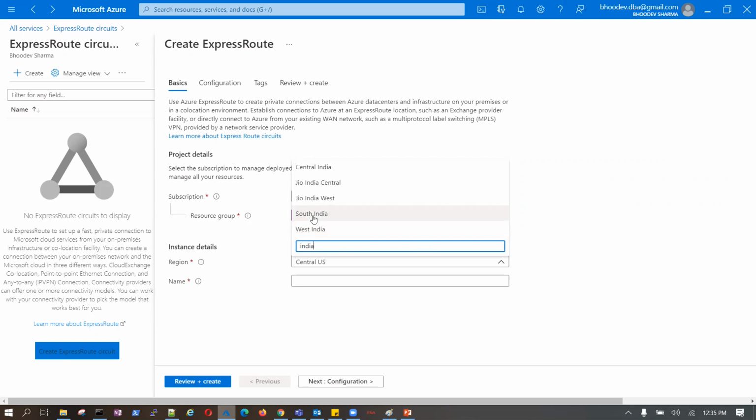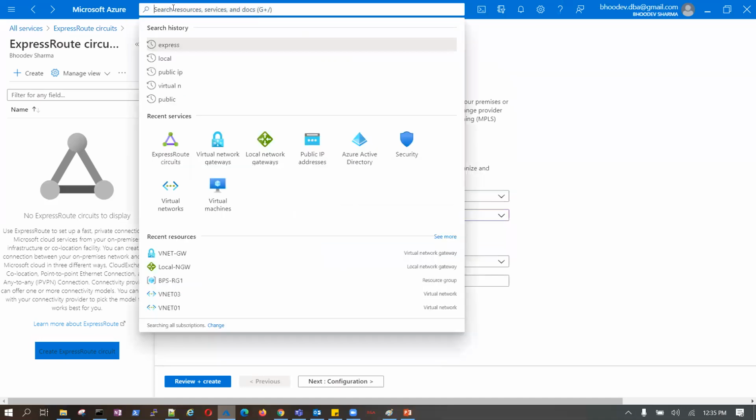Now, while creating an Express route circuit, earlier if you create a VNet, only Central India, South India, and West India was an option. But if you look at Geo India Central, now during Express route creation, you get these 2 more options, because otherwise I don't see that Geo is available in VNet.